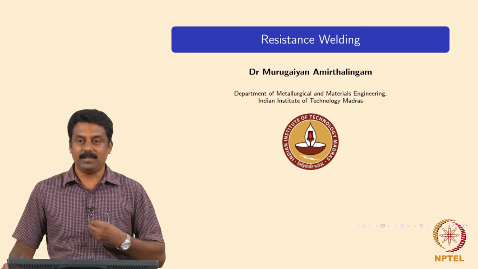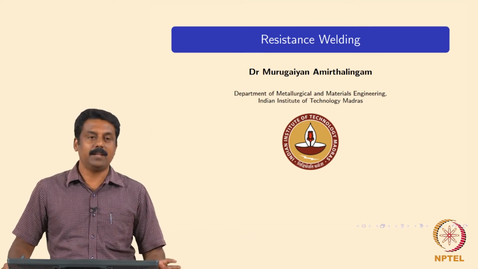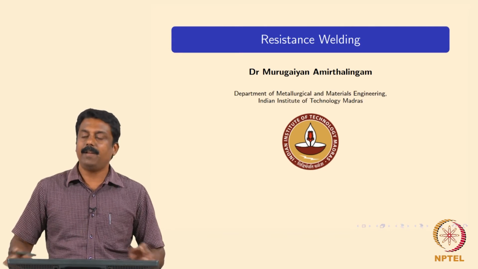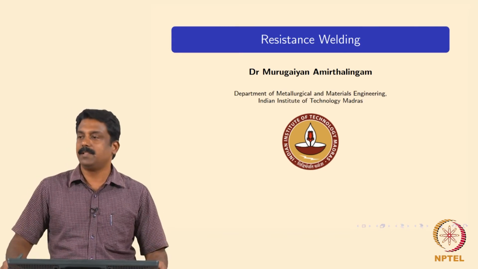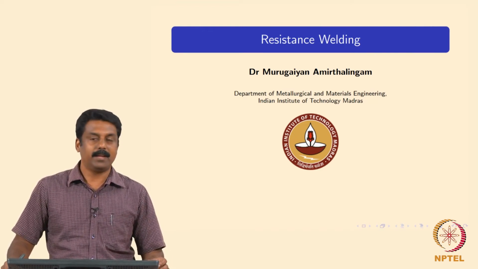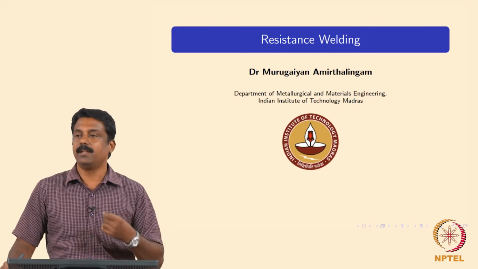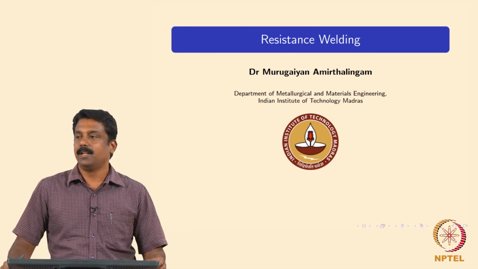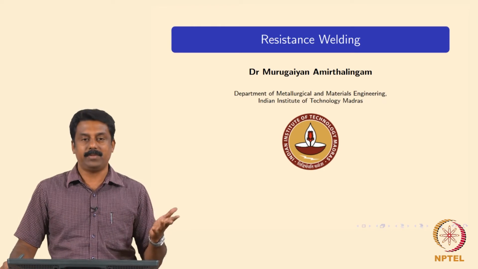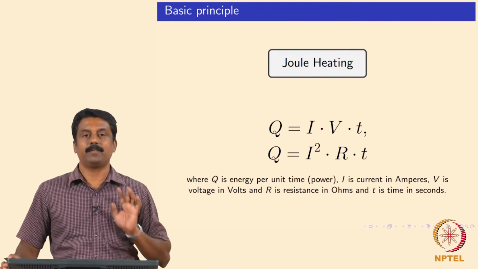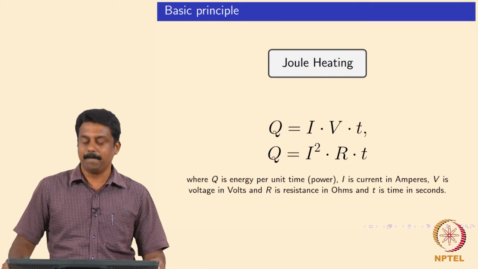You say this Joule heating, but there are a lot of variants and factors that can influence heat generation in this process. We will see them one by one. Before that, a number of types of resistance heating are used in industrial welding processes. It can be resistance spot welding, seam welding, projection welding, butt welding, flash welding, resistance upset welding, or electrical resistance welding, and there are so many types, but the fundamental heat generation mechanism is the same, which is Joule heating. So, what is Joule heating?